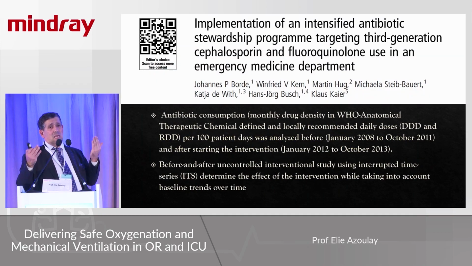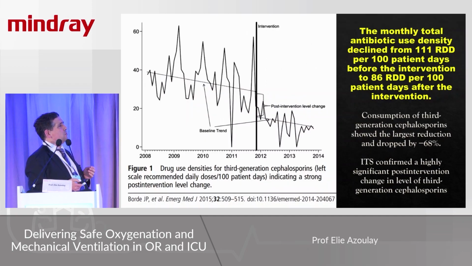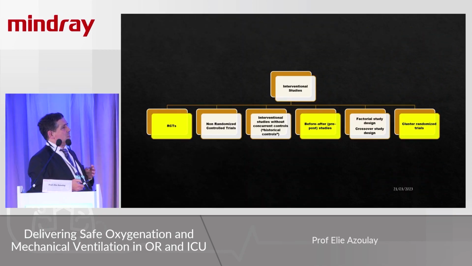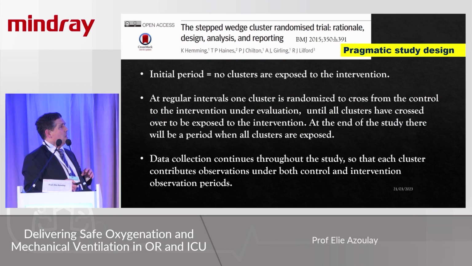Of course, there is an intra-class correlation, meaning that it costs a certain number of patients. And we need that. This is an example of antibiotic consumption. We know that we are having different results, and this study was very interesting. But I would say that instead of comparing RCTs to pre-post, we could consider doing a stepped-wedge randomized controlled trial by bringing the time of exposure to the evidence.